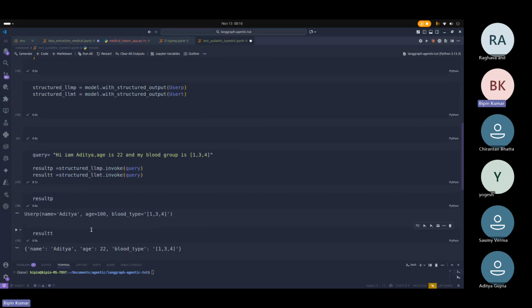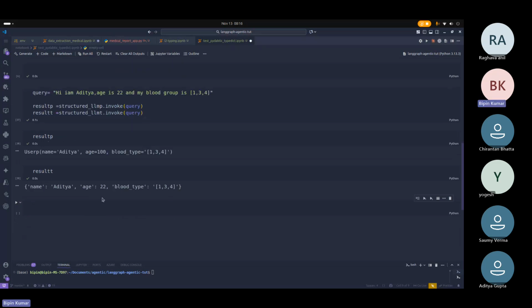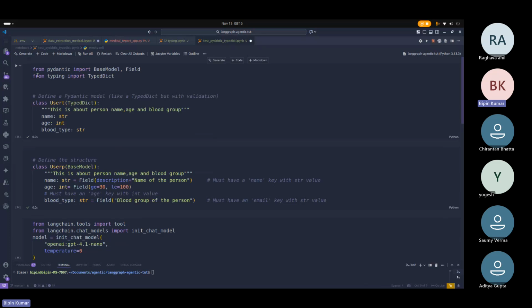See, it's giving the wrong output, right? Now it's giving 100. So not a problem. Basically, the idea of giving you the information on TypeDict and Pydantic is how you